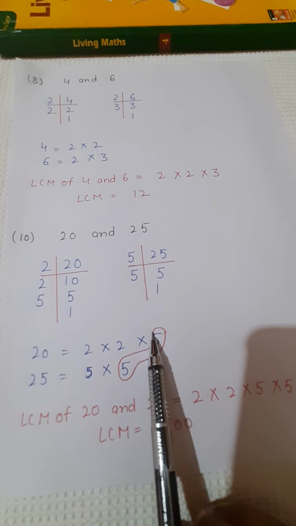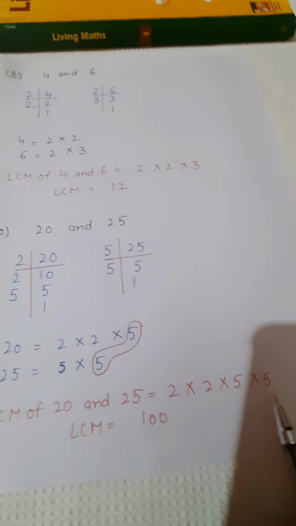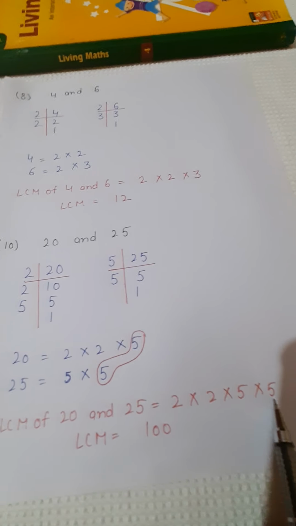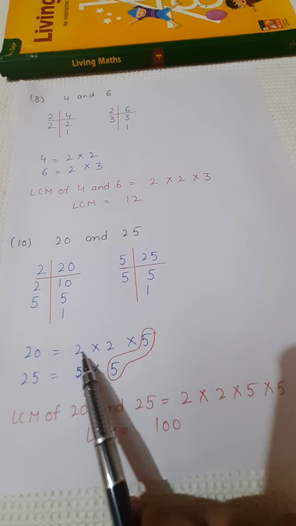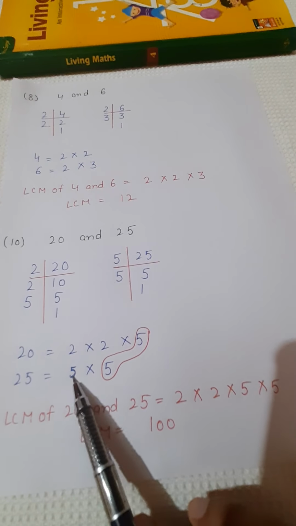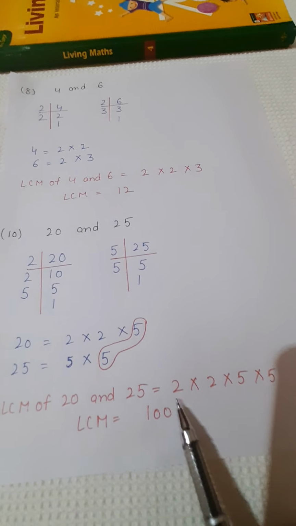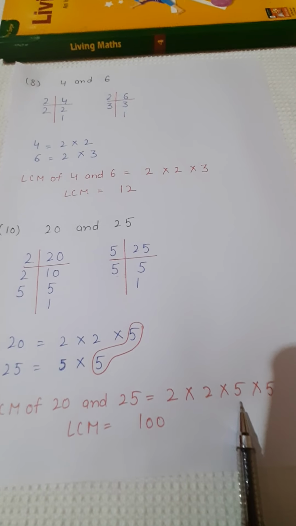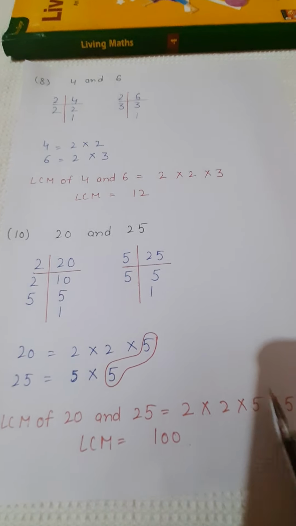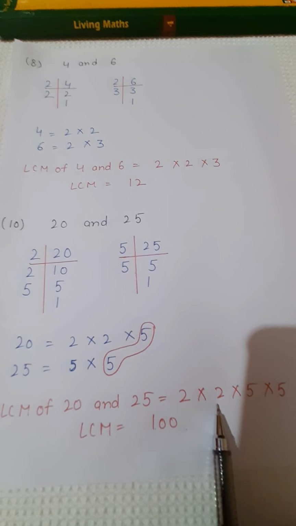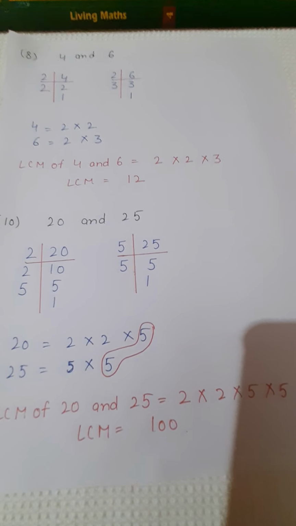Now look here, from the common we will write 1 time, right? This 1 time I am writing. Now what is left? 2 did not come in the common. How many 2s are there? 2, so right here 2. Then 5 is left, 5 here. So what will come? 2 2s are 4, 4 5s are 20, and 20 5s are 100, right? Like this, every number will come in LCM, and after that multiply.